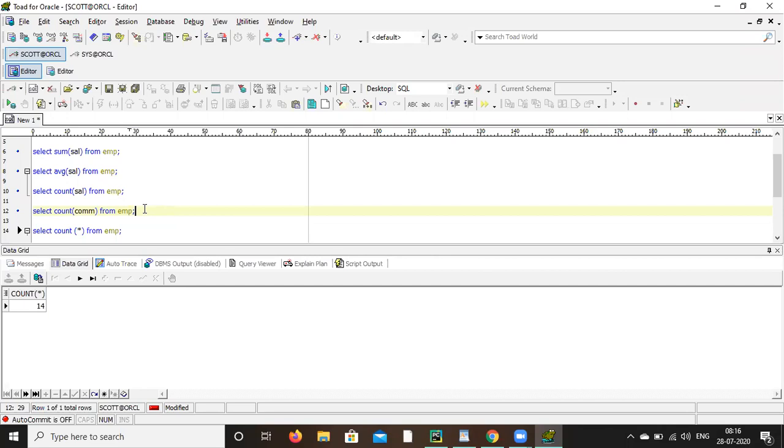Okay. Now max. Select max of salary. What is the maximum salary in that? You can find using max. Similarly, min.